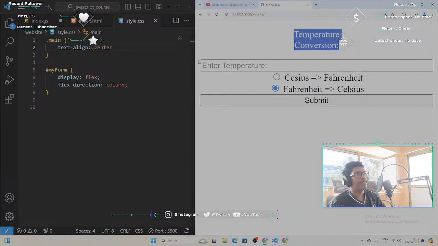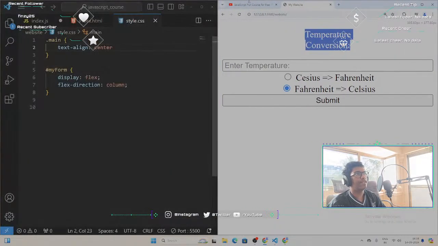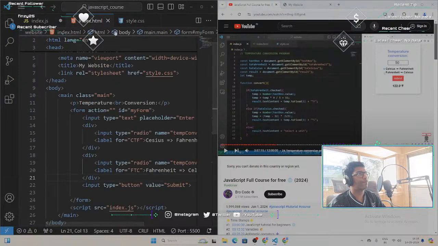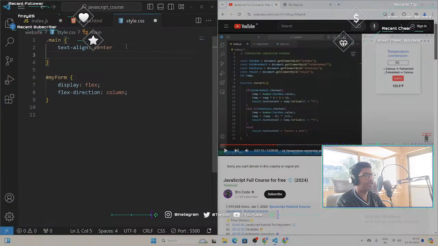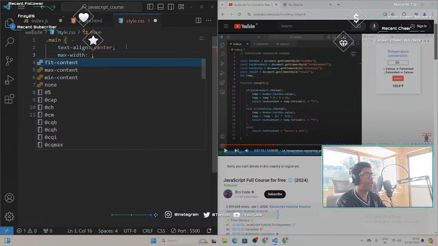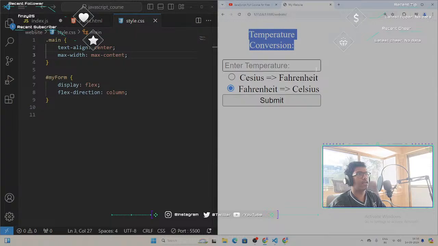Now how can we limit the entire width? So I guess what we can do is width max. Okay, I need to put the semicolon there. Max width, maximum of content. Okay,